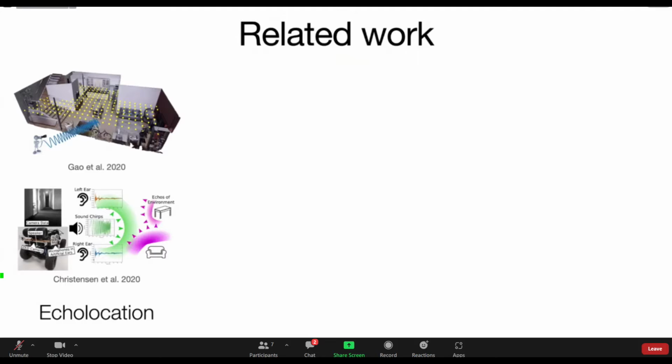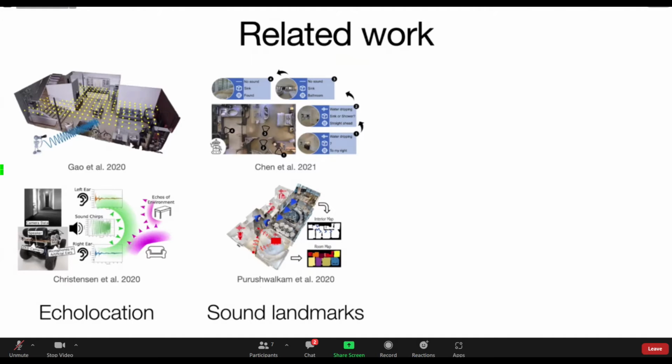It's worth noting that these cues are quite different from echolocation. In echolocation, the robot has to actively emit a sound with a speaker. Some other works try to understand the scene using sound landmarks. These methods largely use distinctive and loud sound sources, like ringing phones or alarm clocks.